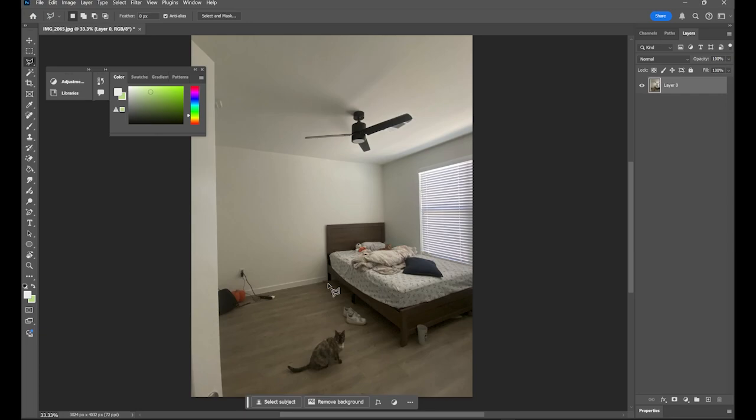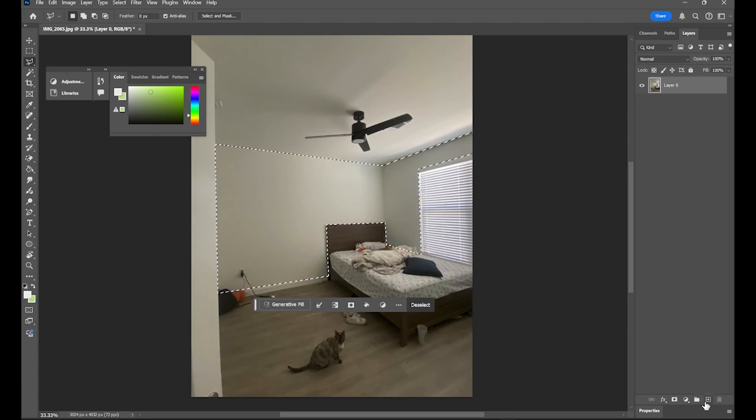The first thing that I want to do is see what my walls would look like in a different color. I'm making sure that I have my lasso tool selected, and to make things a little bit easier, I'm using the polygonal lasso tool. I'm just going to start outlining the wall of my room. I have my door in the frame a little, so I'm just gonna make sure I don't select that, and I'm not gonna go up to my ceiling. I'm just gonna select only the walls, and I'm gonna go around my window as well. Now I have my wall outlined.